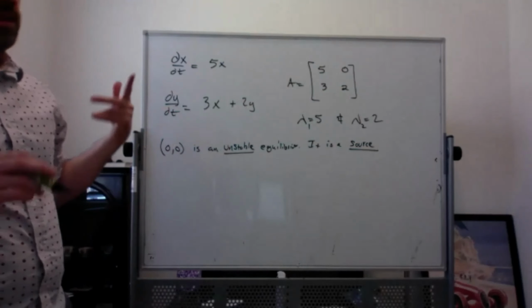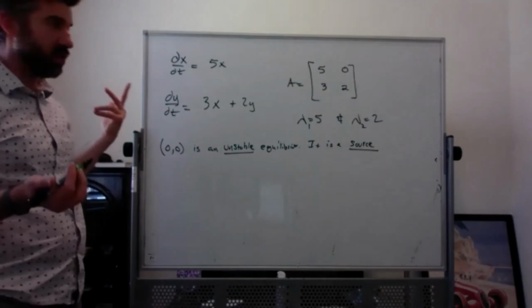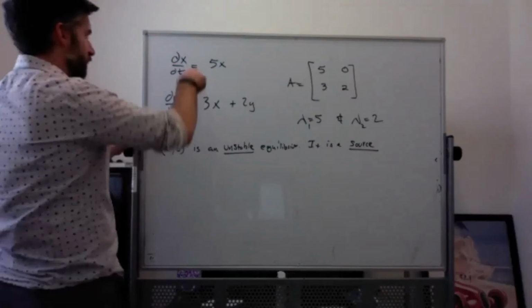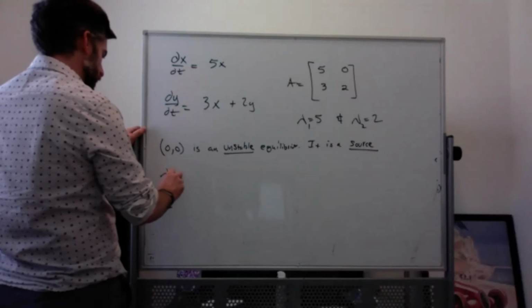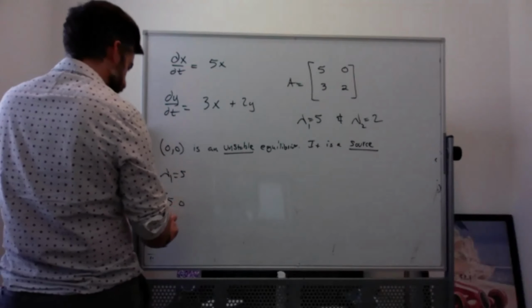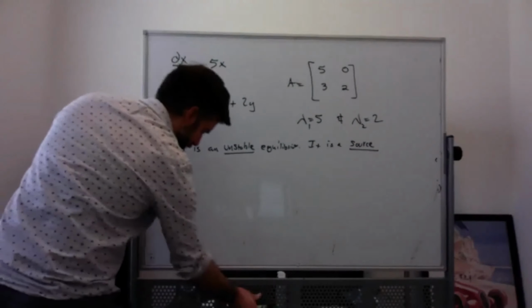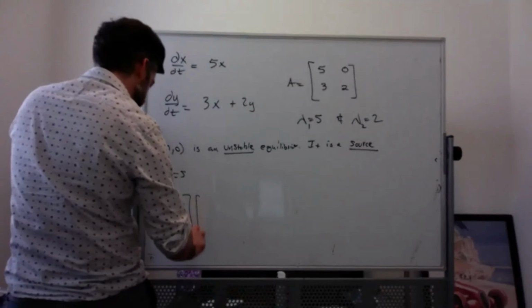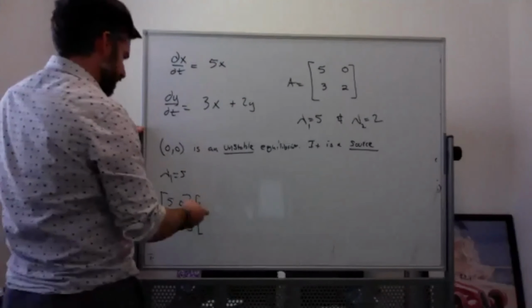So let's actually solve the system, because I want to show you guys this. So we're going to find the eigenvectors. It shouldn't be too terrible. So first eigenvector, for lambda 1 equal to 5, we have the matrix times the eigenvector, which we're going to find. And let's not call it x and y since I'm using x and y. Let's call it like